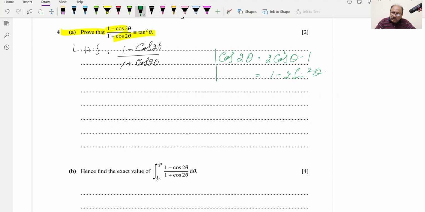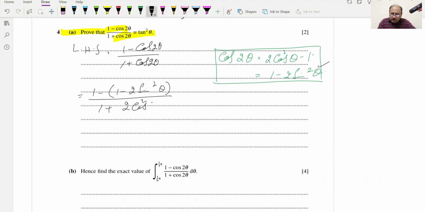So these relations we should keep in mind while solving this one, and we can rewrite it as 1 minus cos 2 theta. So first we will replace this value, so it will be 1 minus 2 sine square theta, and the denominator will become 1 plus 2 cos square theta minus 1, and we put this in brackets. Now we will open the bracket, so 1 minus 1 plus 2 sine square theta over